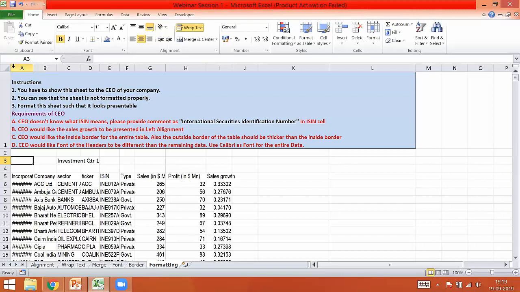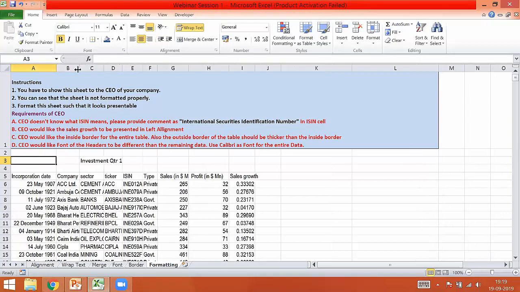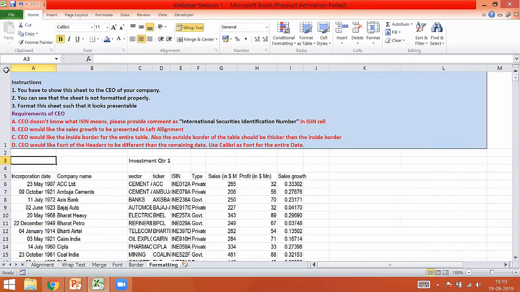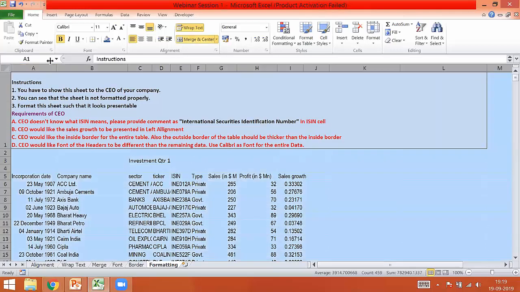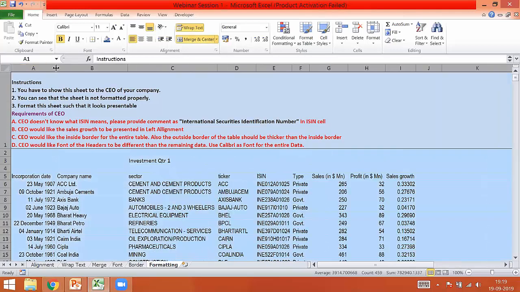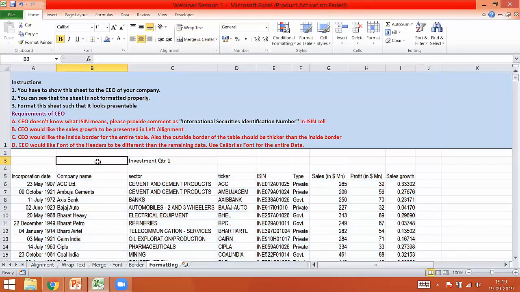So how to do that? You can keep double clicking on all the cells, or you can just select the entire data and double click on any one of these cells. It is going to adjust the width and the height of the cells. Now this is a better view of all the data.